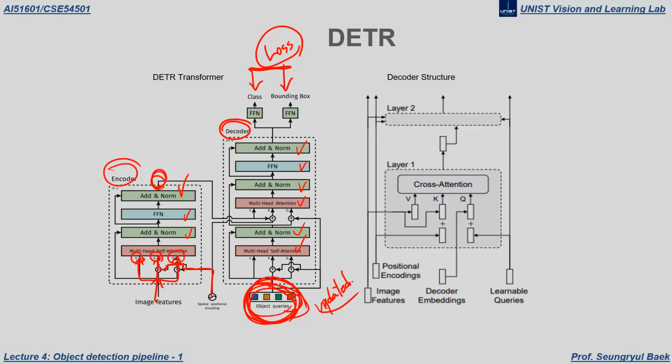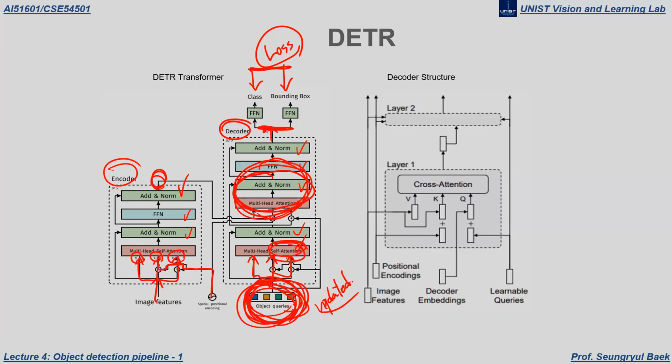Okay, and these object queries are also used as the query, key, and value, and self-attention is also used here because there's no sequential meaning between object queries. Previously, because the input to this decoder has some sequential meaning, we do masked attention, but here self-attention is still used. And here, the object queries are cross-attended to the encoder's features, and they are mapped to